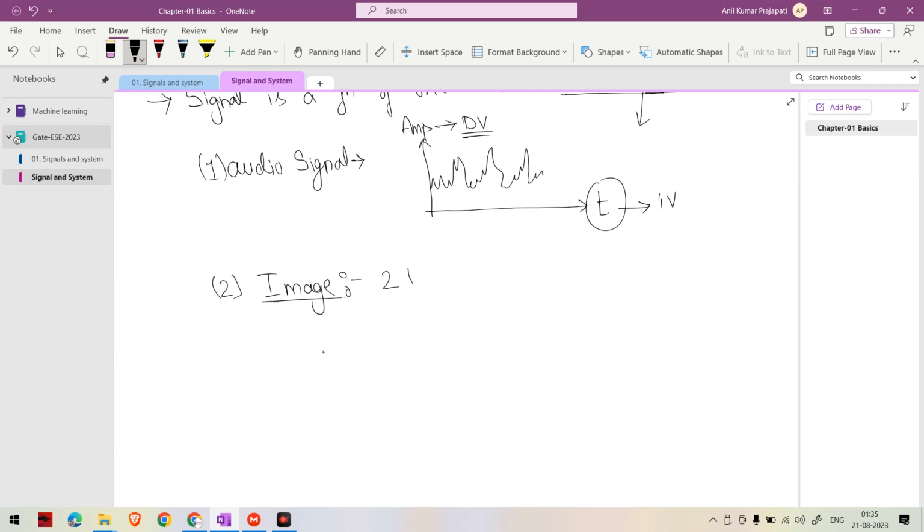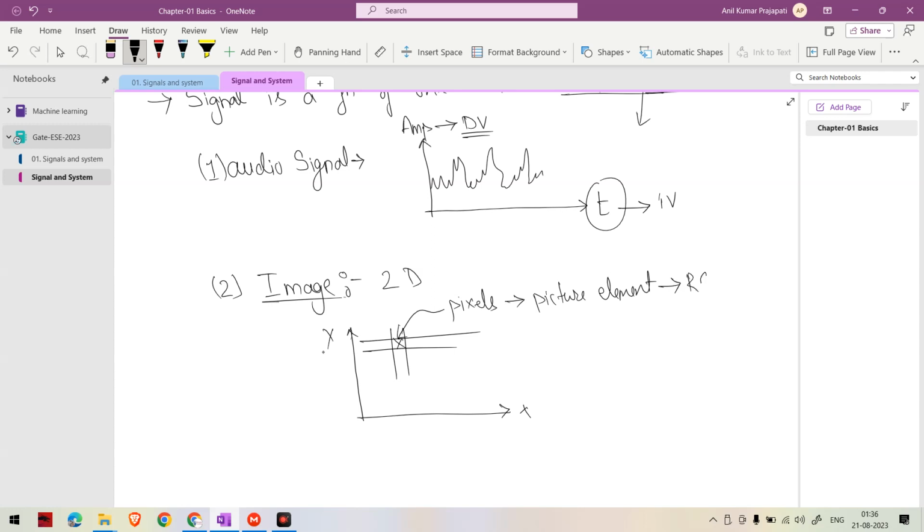It is like a 2D thing, which has two independent variables, or spatial variables, the x-axis and, let's say, y. It basically contains pixels. Pixels are the picture elements. Our picture or image is made up of pixels, or you can say it is made from the colors RGB,